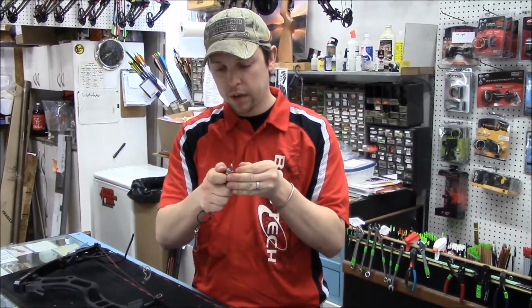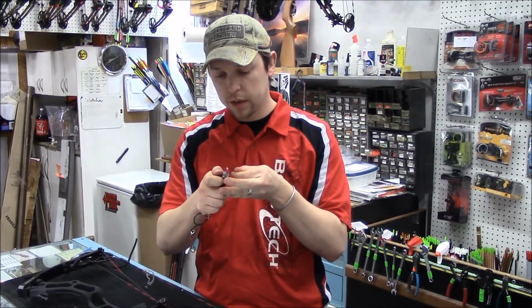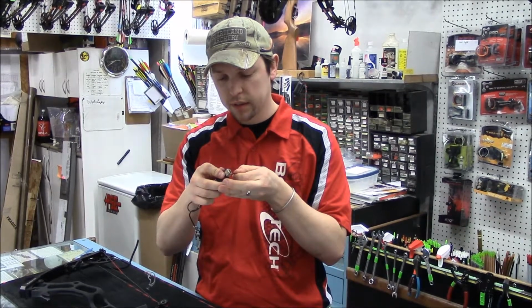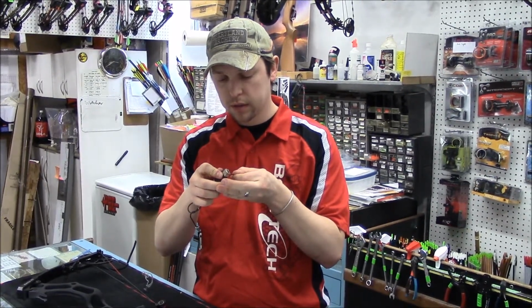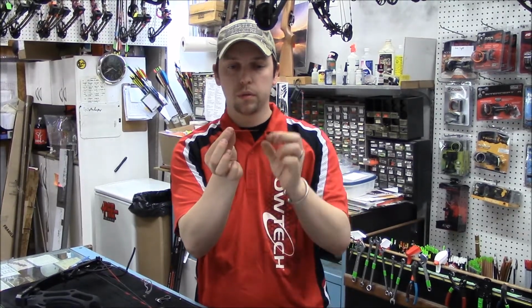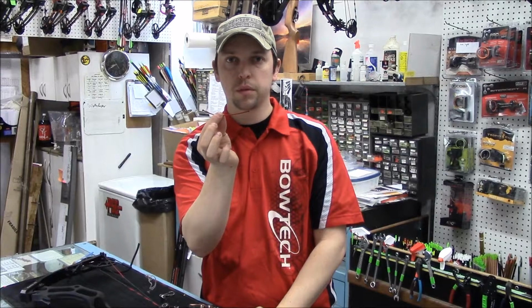You kind of spin it as you're doing it. It helps from catching it on fire most of the time. Just like that. Now we've got our loop rope with 2 solid ends so that they don't slip through when